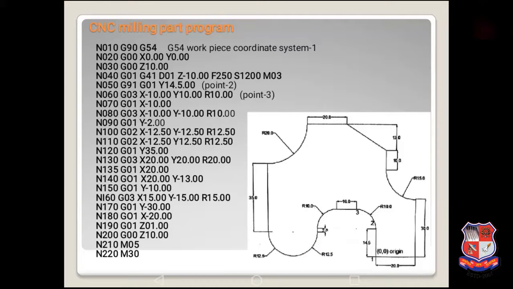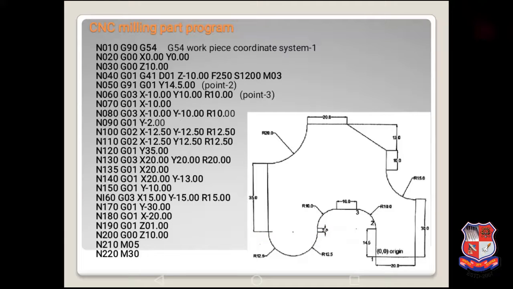Once again I want to repeat the block for the whole arc. G02 for circular interpolation. X movement is 25 mm, 12.5 plus 12.5, and Y is 0 because both the points are in same line.